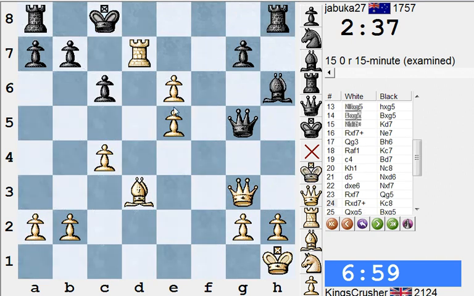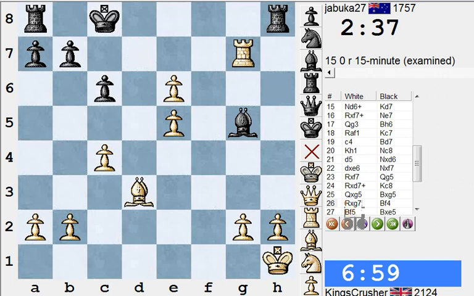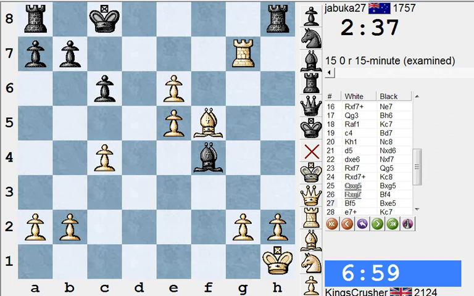But here, okay, he could have actually played king b6 because queen f2 is queen e3. The rook's now disconnected. I think this is nicer now. 4 pawns for the rook with this huge threat of